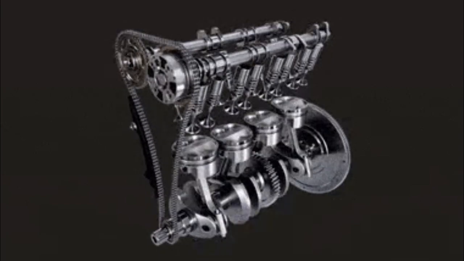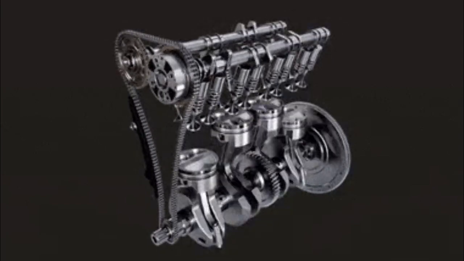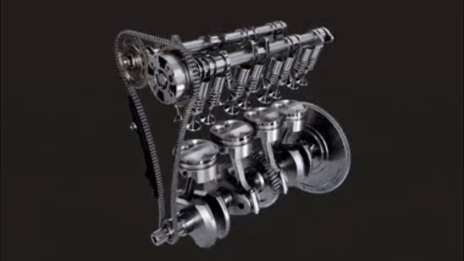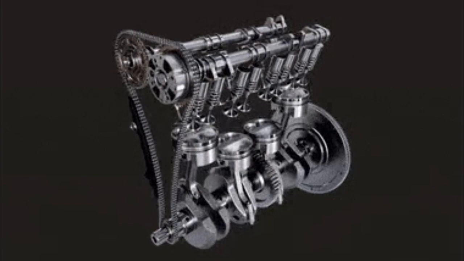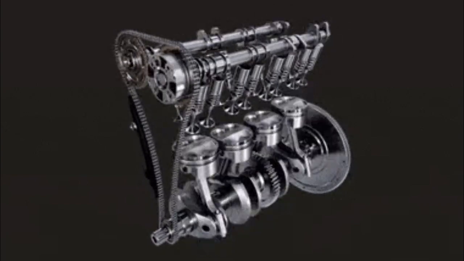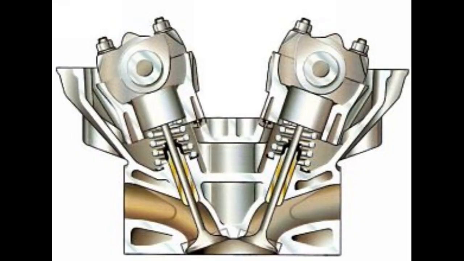In a dual overhead camshaft, there are two camshafts per bank of cylinders. In a dual overhead camshaft engine, one camshaft is dedicated to operating the intake valves and the other to operating the exhaust valves. In an inline engine, there are two camshafts, while in a V or a boxer there are four camshafts. Advantages of dual overhead camshaft: having 4 valves per cylinder instead of 2 allows